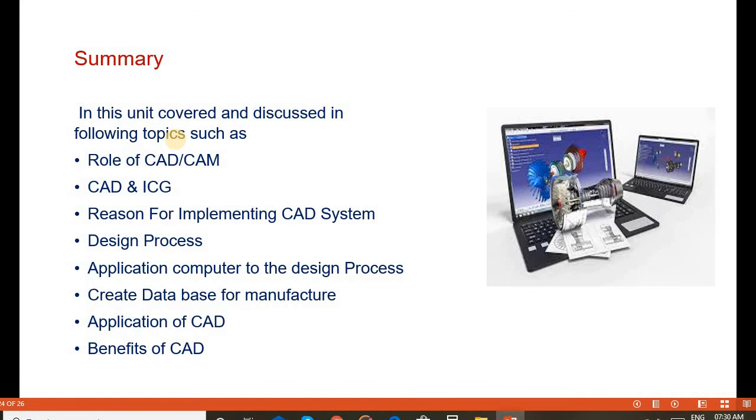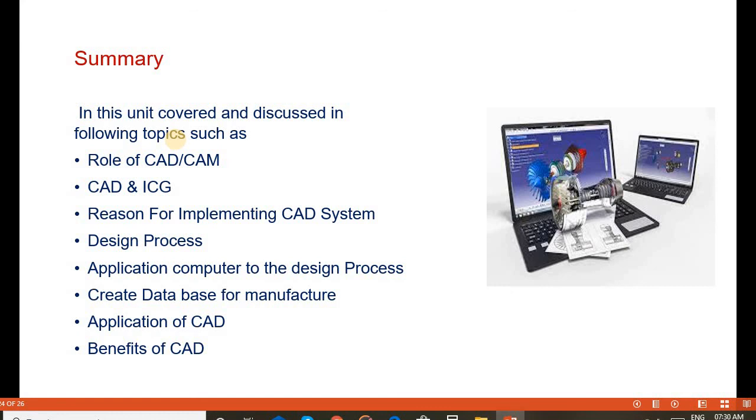Learners, so far we have covered the following topics in this unit: the role of CAD/CAM, computer design, ICG, and reasons for implementing a CAD system. These topics we covered in the previous lectures.